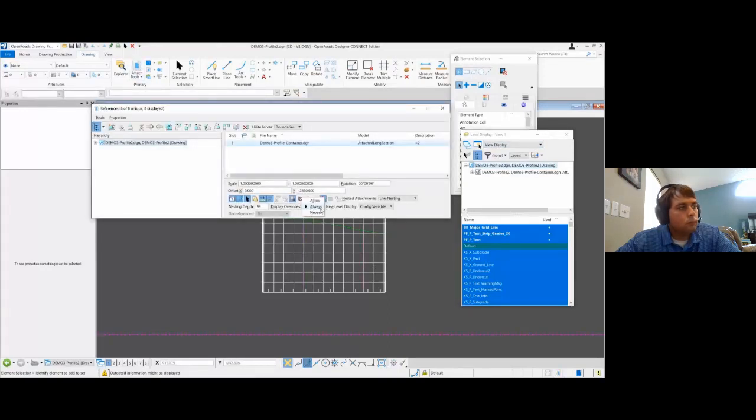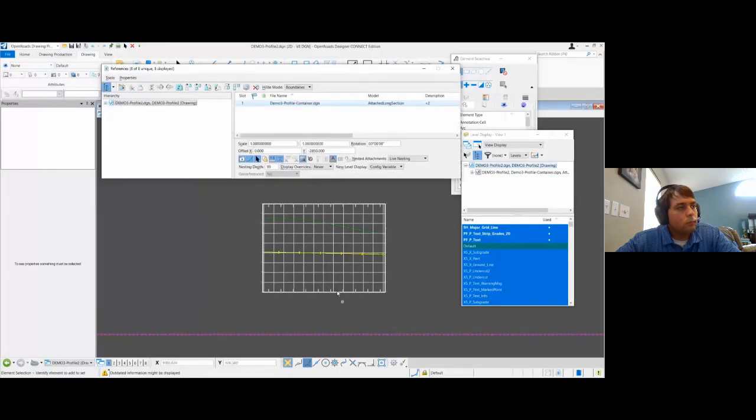I can easily come back in here, turn my display overrides back to never, and then I get that back on. So hopefully that clarifies things. So to recap, you have to use global display for the nest overrides to work, as well as for the variable to work. And if you're going to do anything within the 3D cut, you have to make sure you hit the refresh 3D cut button to make sure that comes through.